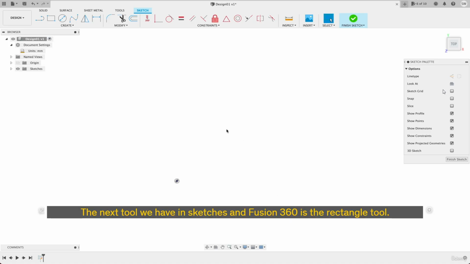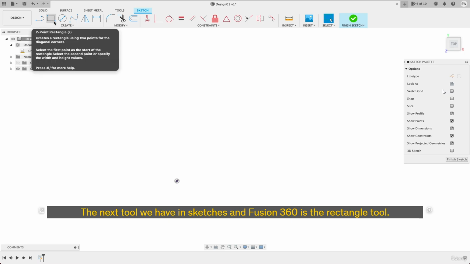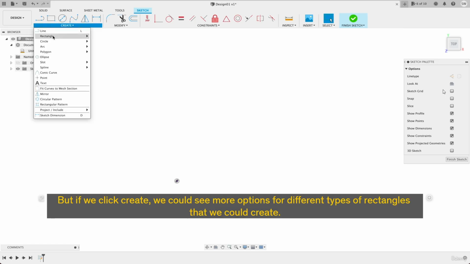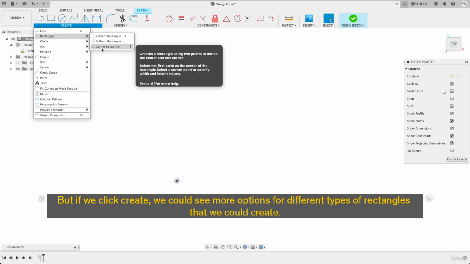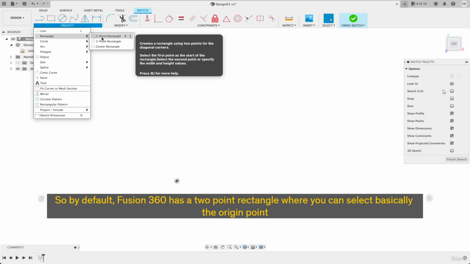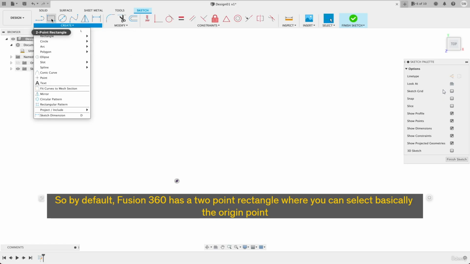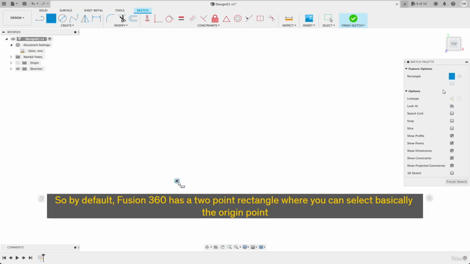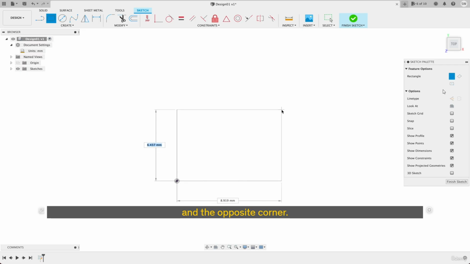The next tool we have in Sketches in Fusion 360 is the Rectangle tool. This is the basic rectangle tool here, but if we click Create, we could see more options for different types of rectangles that we could create. So by default, Fusion 360 has a 2-point rectangle where you can select basically the origin point and the opposite